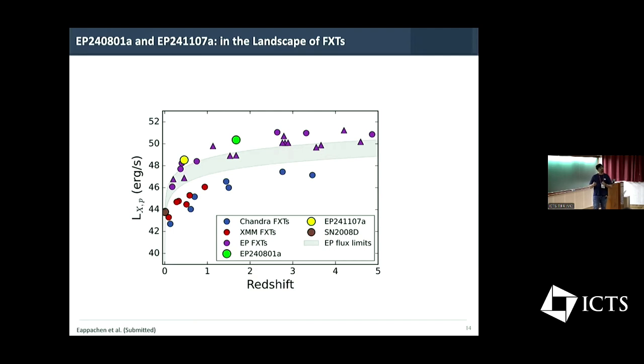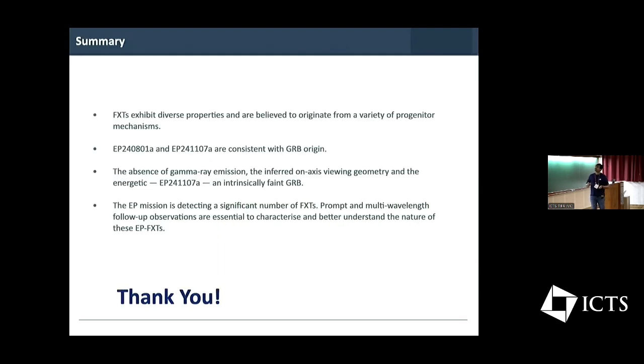But one important thing to note is that in most cases of Chandra and XMM-Newton, the constraints come from the host. And if the host associations are not very well constrained, that could give us a wrong population, because that would show us a different redshift and hence a different luminosity. So that is one thing to keep in mind. So with that, I'll summarize.